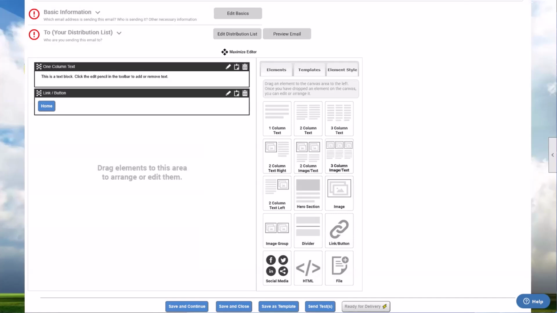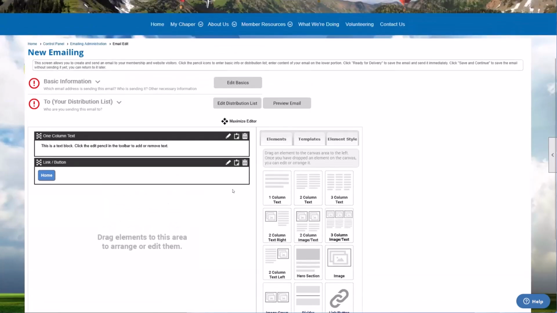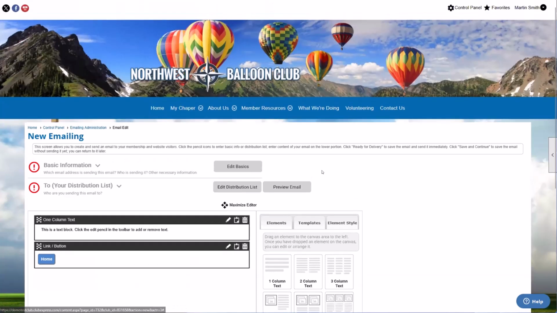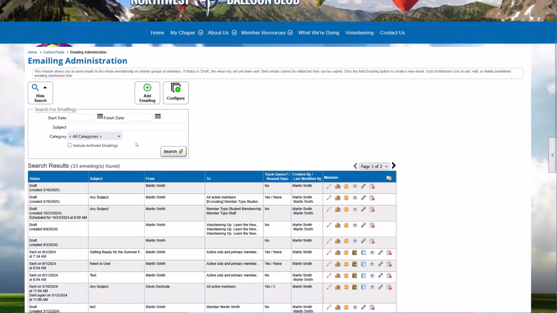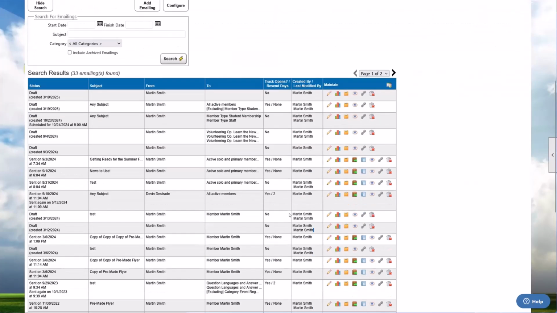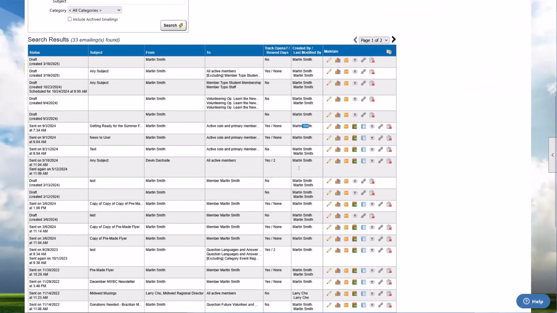So, does email admin search show the history of all emails the club has sent to members? That's another kind of yes, kind of no question. If we go back to our emailing administration, it's all of the emails that have been sent from this email page. So anything you'll see who created it, who edited it. So you can see it's pretty much Martin Smith here down the road. But if you have multiple admins working on emails, you can see the emails that other admins and other coordinators created. It does not list